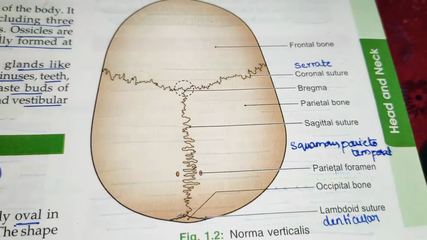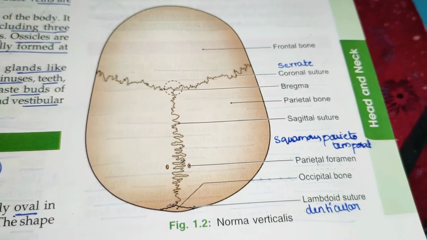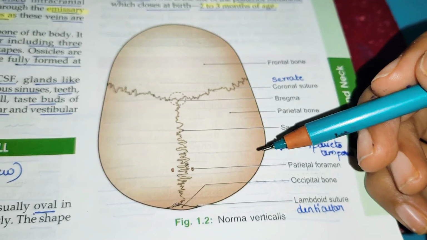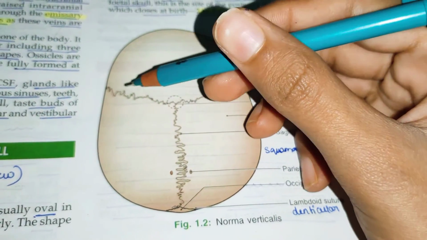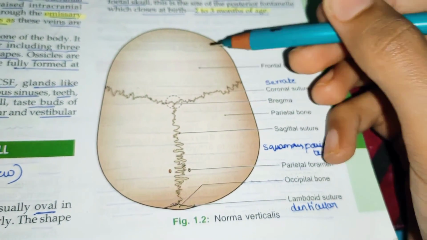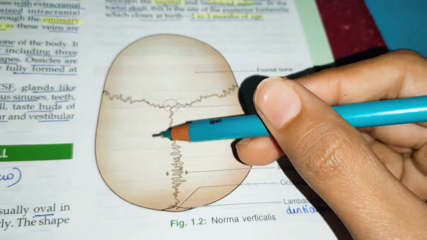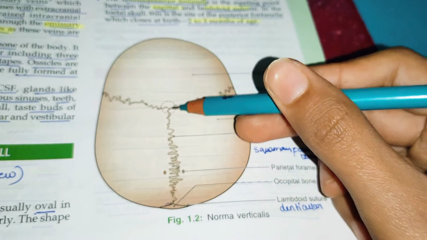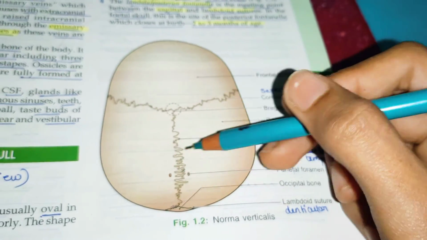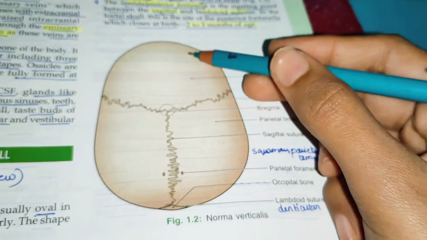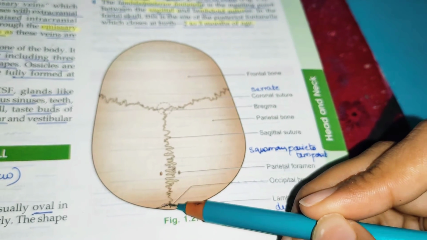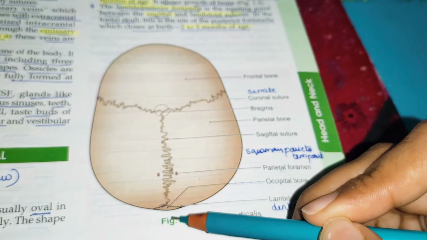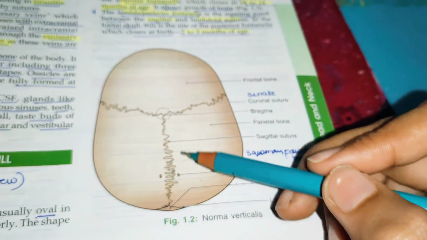Okay. So now let us understand the joints of the skull. Actually the skull joints are mainly called sutures, and there are three types of sutures. You can see here this is called the coronal suture, which is connecting the frontal bone with the two parietal bones. And this is the sagittal suture, which is connecting the two parietal bones. On the back side, this is the lambdoid suture, which is connecting the two parietal bones with the one occipital bone. So these are the three types of sutures.